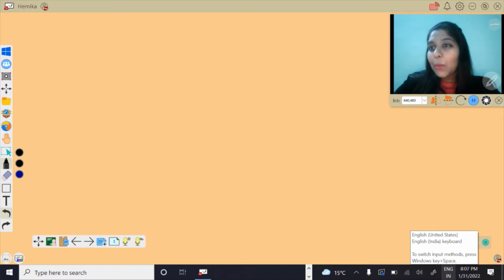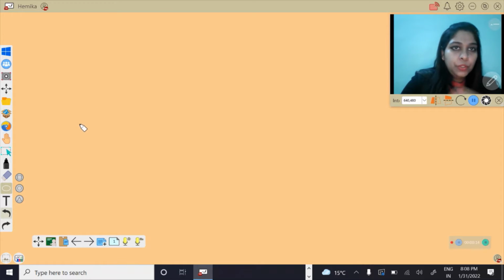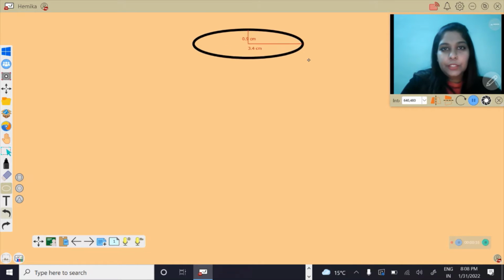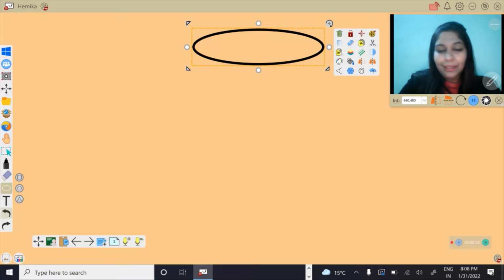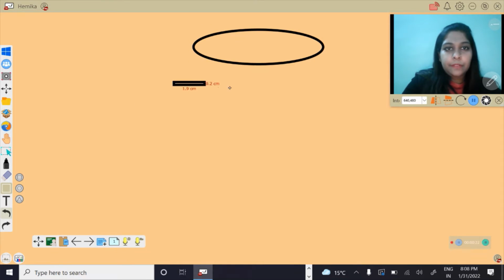Let's look at how we can create a flowchart using myViewBoard. To create a flowchart, let me click on Shapes and choose from different shapes available. So I would like to choose the first shape as an oval one. Then I would like to have